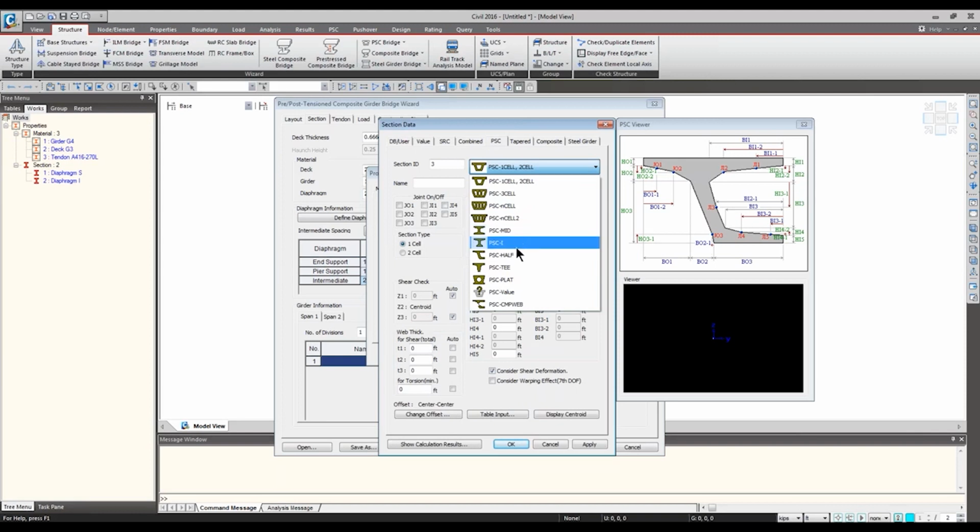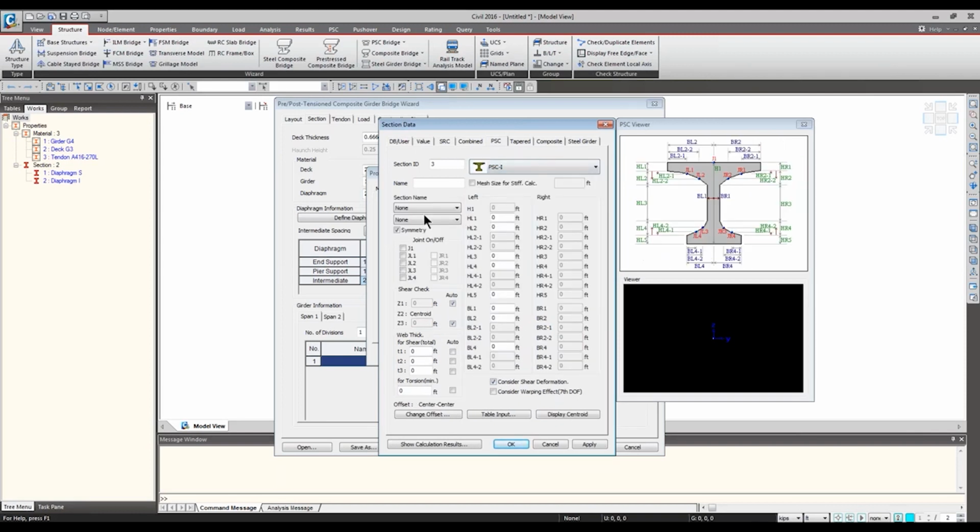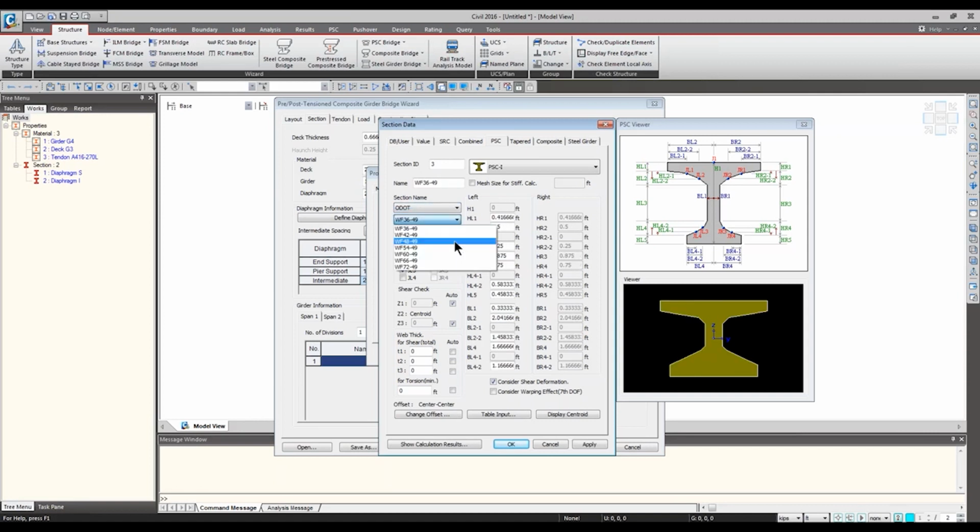When you go to pre-stressed concrete I, you will see another set of drop-down lists. Here, you're going to see the DOT names and AASHTO. For each agency and AASHTO, we actually implemented all of their state database, so you don't have to spend your time punching in the section information.